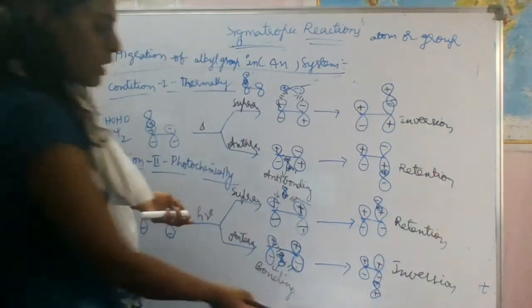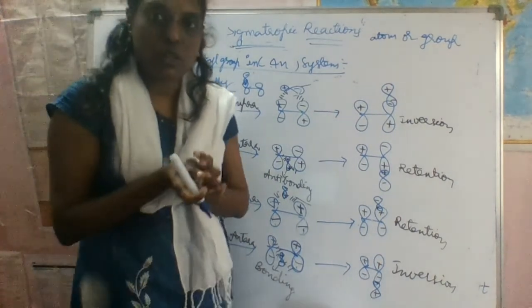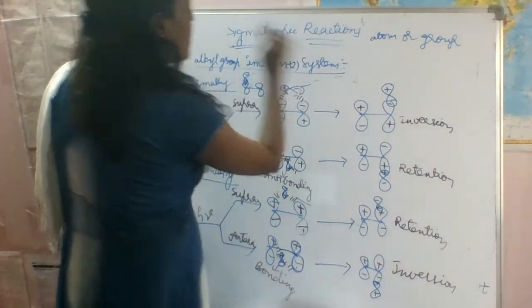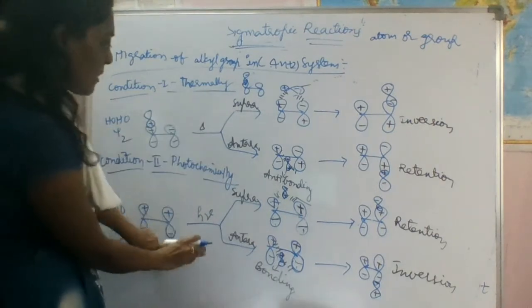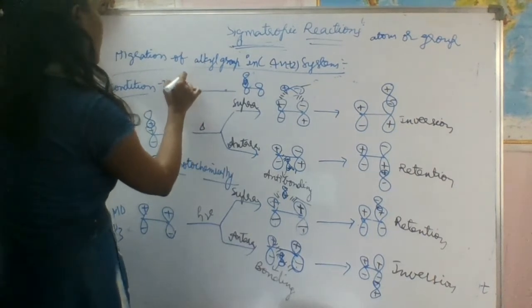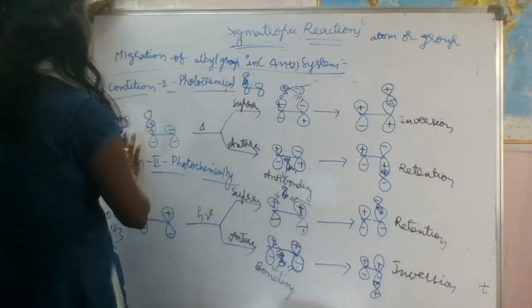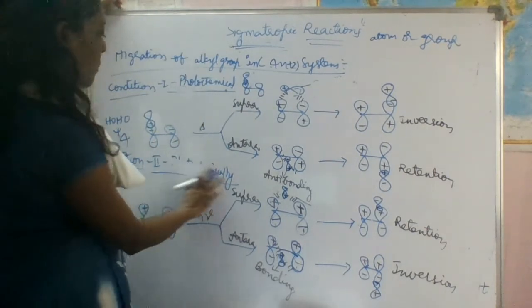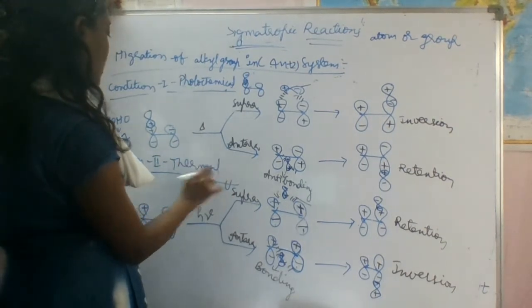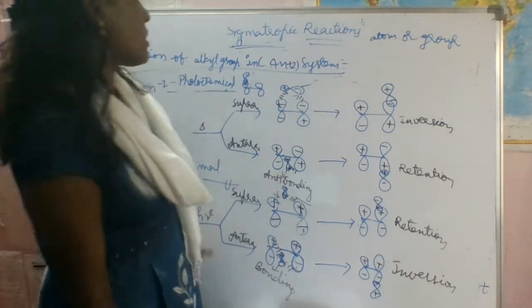Just a small modification is there. Okay, a small change. If you see here, this is exactly opposite to the 4n plus 2 system, right? This is the thermal one and this is the photochemical one. We just have to change this to photochemical. Here we have to write the Psi4. Here, what is this? Thermal condition. What about here? This is Psi2, right? So same as it is, it will come as it is.